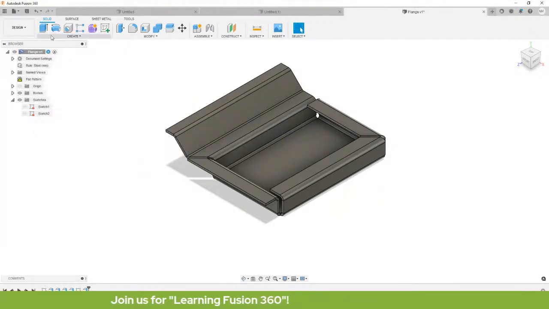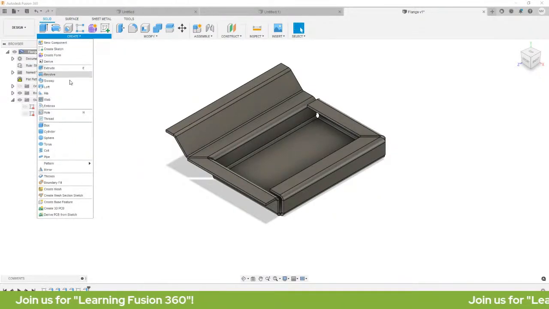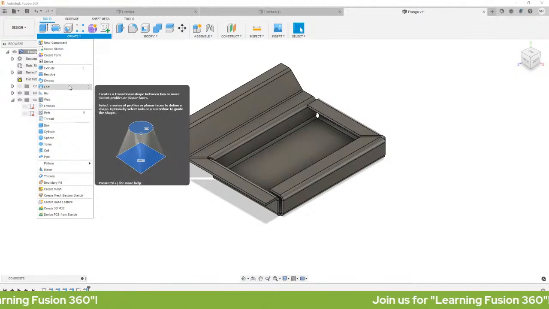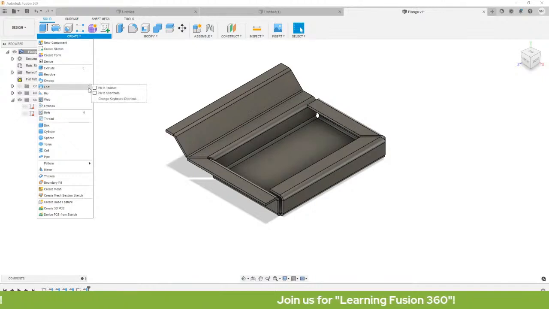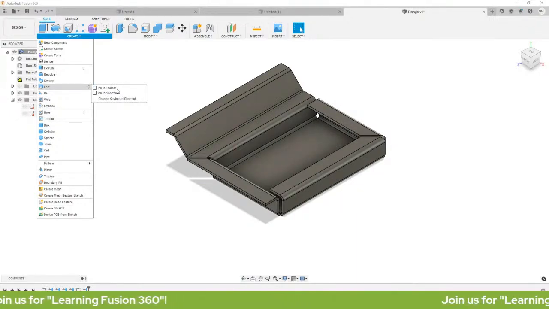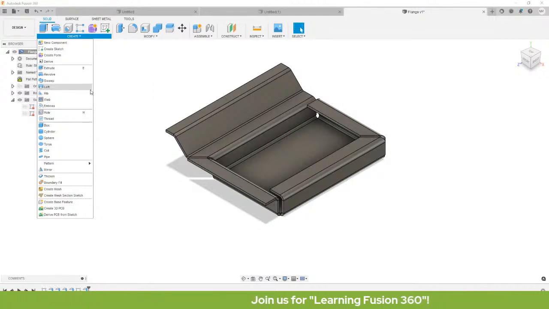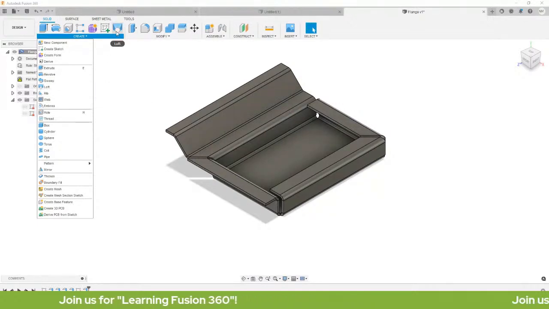Okay? So click under Create, select the tool, select this ellipsis. So here you have an option if you want to check or tick pin to toolbar, pin to shortcuts. Okay? So pag tinik ko tong pin to toolbar, ayan na siya, nag-add na siya dyan.